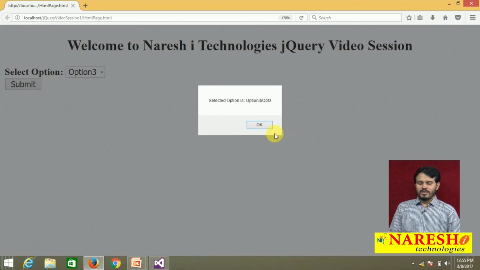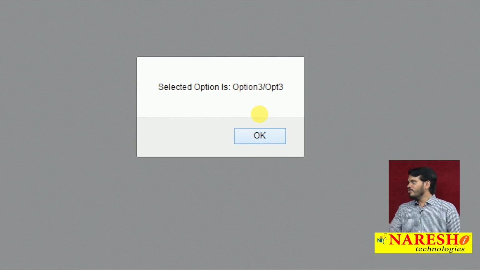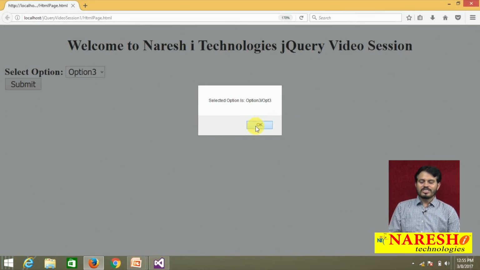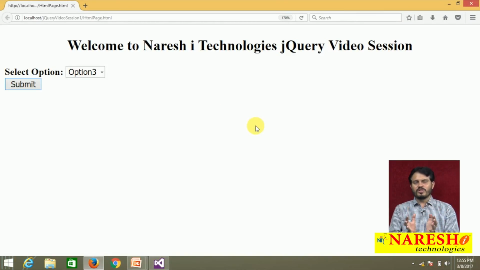Click on submit. The selected option is option 3, oblique. Their value, what is it? OPT3. So I am fetching text also, and I am fetching value also. You may require to work with only text or only value. So like this we are able to identify only the selected option among all options of the select element tag